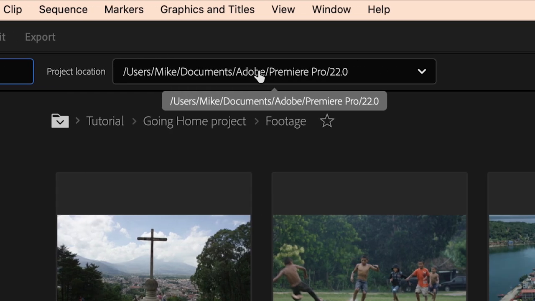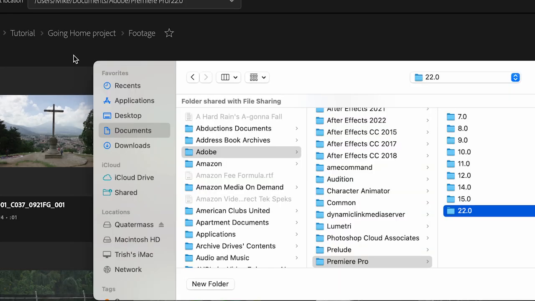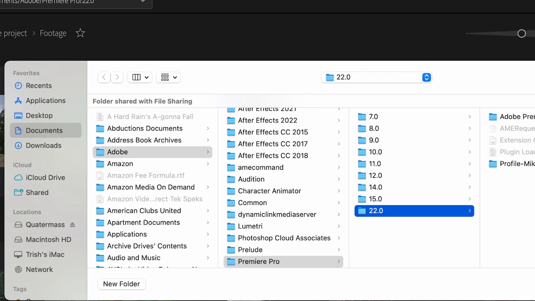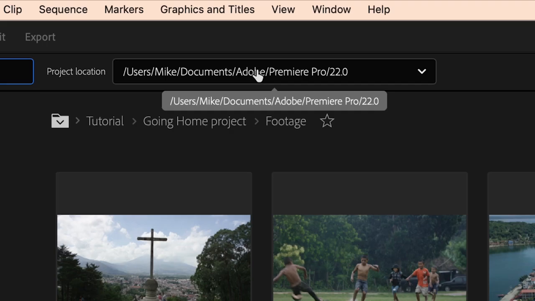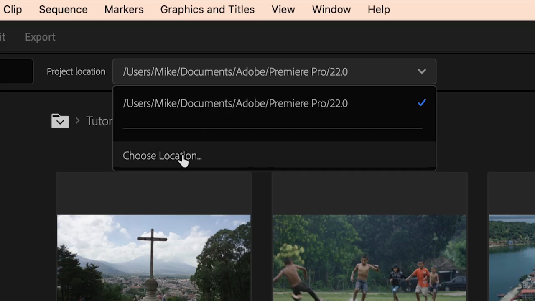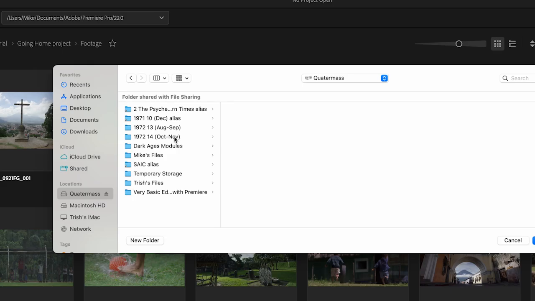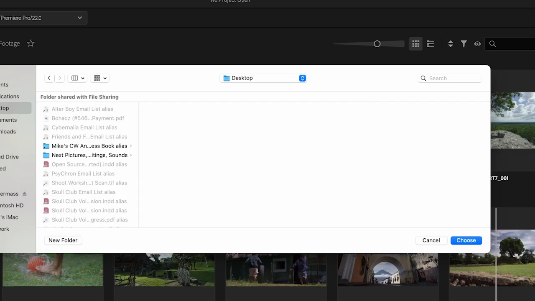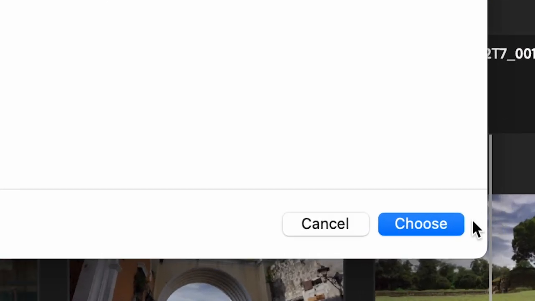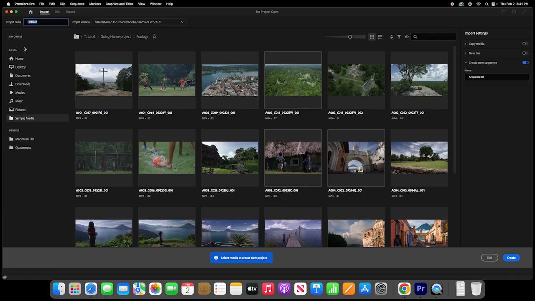Over here where it says Project Location is where we would save your project. Premiere saves your project in a default place on both Mac and Windows. It's in the Documents folder inside an Adobe folder. When you open Premiere next time, your project will come up in a list in that Home window, making it easy to find. Personally, I like to click on this project location link and choose the location that I save it to. You have the option of creating a new folder, and then after selecting the destination that you want to save your project to, we hit the Choose button in the lower right, and we are going to get this scary